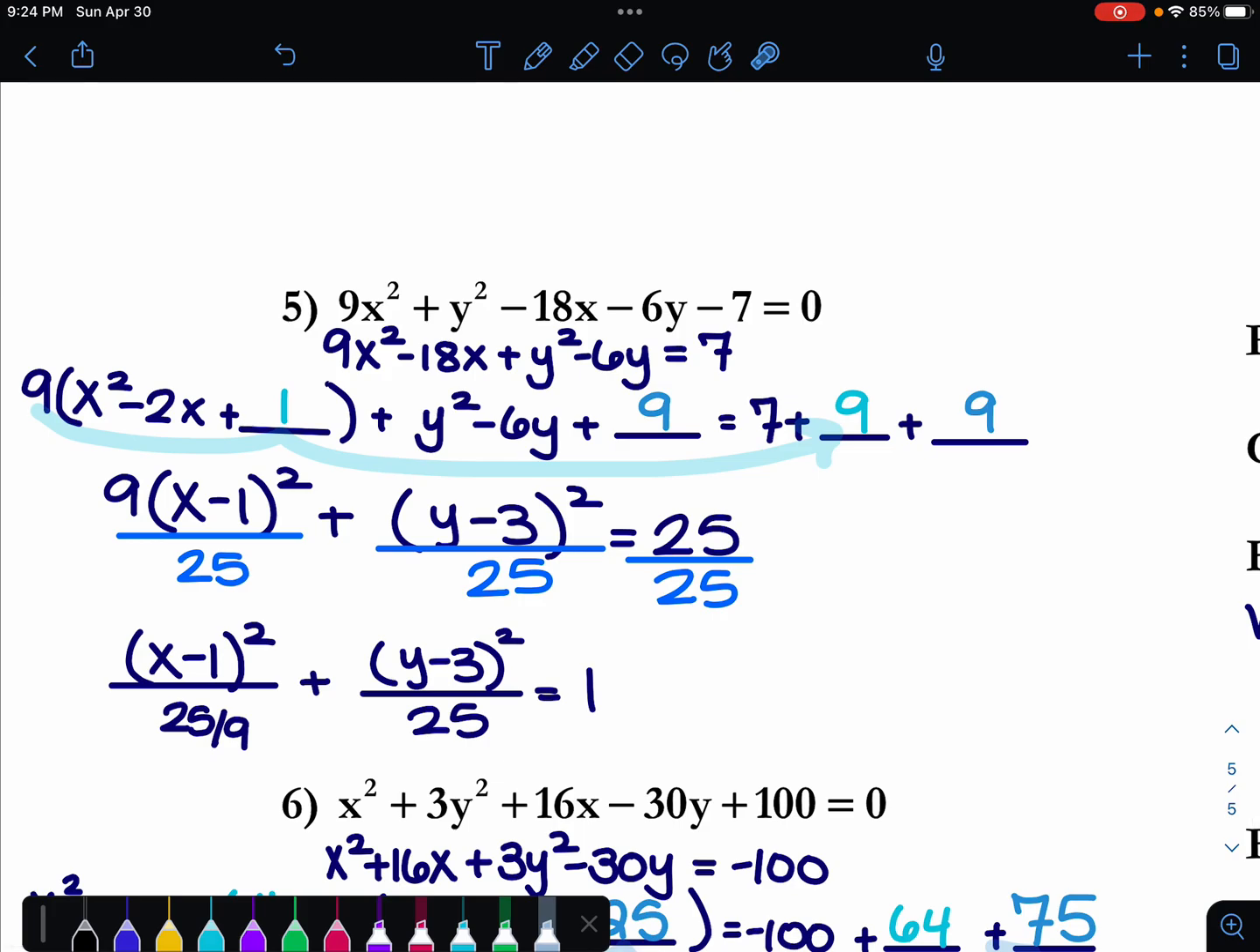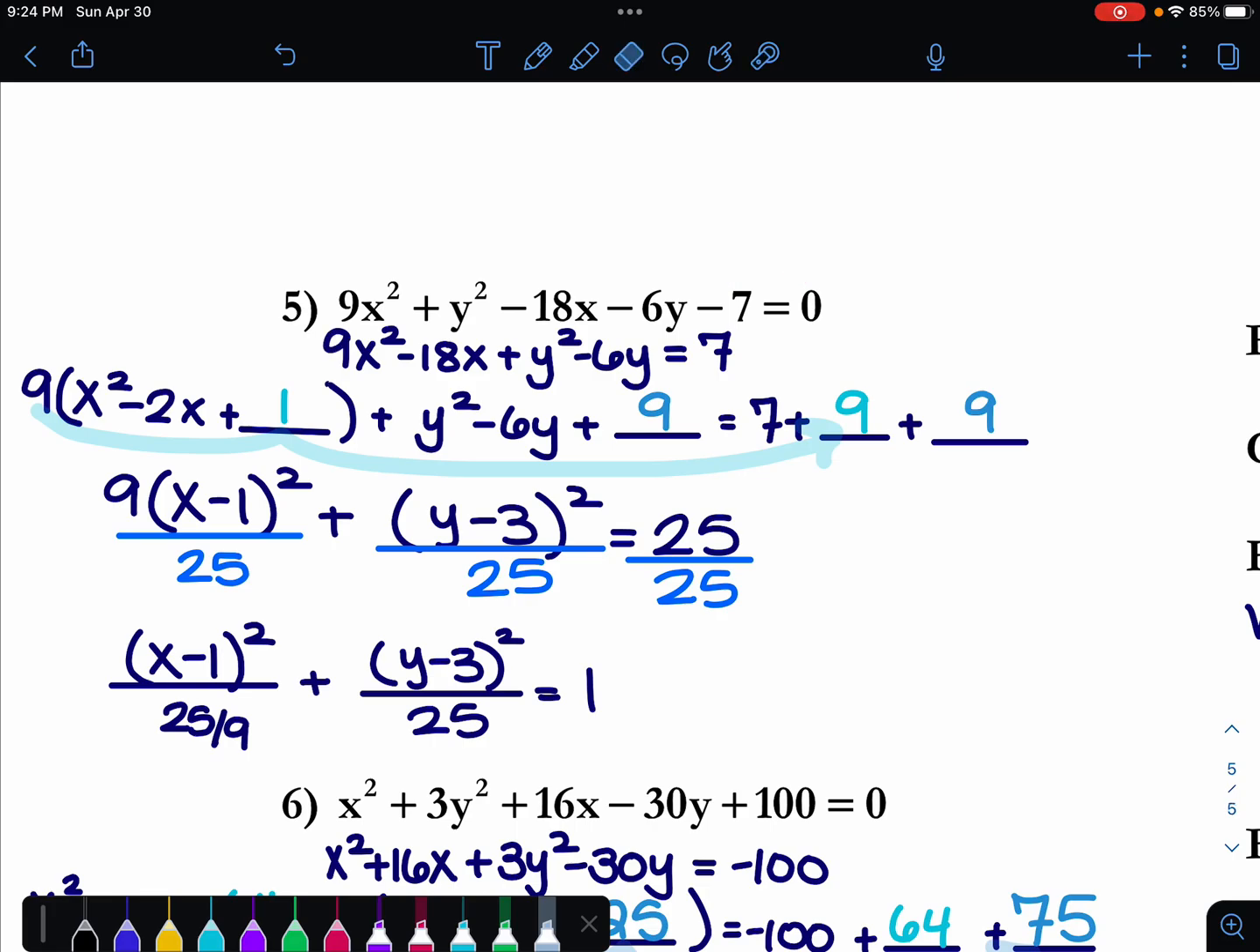So first thing we're going to do is organize, right? I'm going to get all my x's together. So I have 9x squared and the negative 18x. I'm going to put those together. And then I'm going to get my y squared and my negative 6y and put those together, right? Just rearranging. And then always bring that constant to the other side. So notice we have the positive 7 here. After we do that,